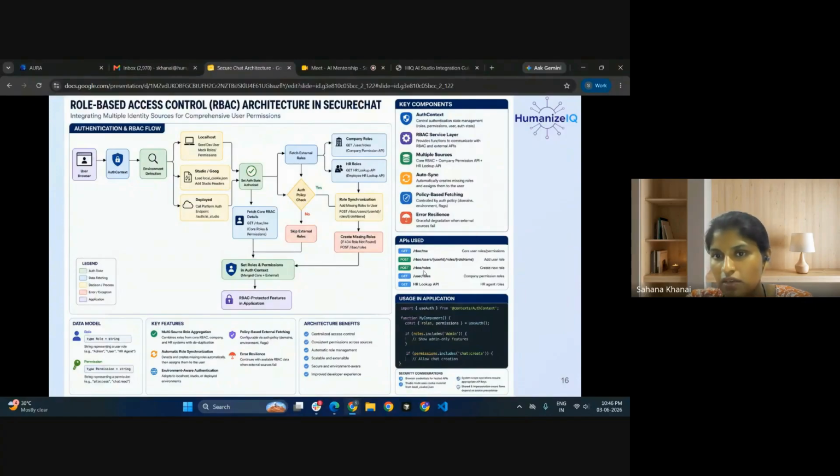So after that, if the role is not there in the database, then we are going to post that role. If the role is already there, then we are directly calling this API endpoint.